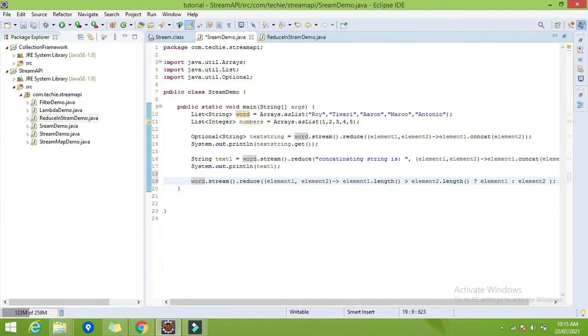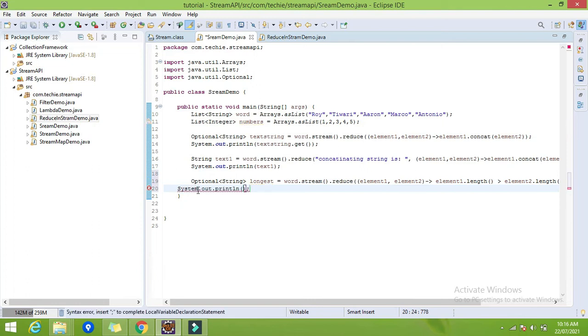So what will be the return type? It should be an Optional of type String, and I will give the name as longest, right? And let me print this one: sys out, longest string, and the variable name is longest.